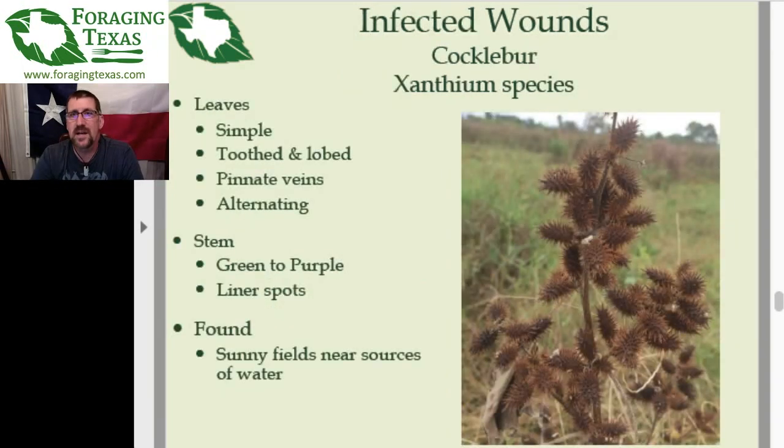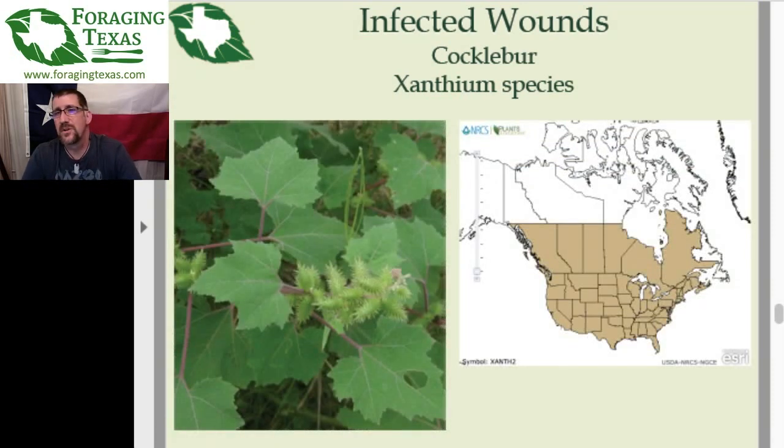Okay, next up is the Cocklebur. A lot of people probably know this one. This is the one with the football-shaped stickers that get stuck in your clothing and your horse's tail and your dog's fur and everything else. These are found all across North America, though not Alaska. I want to say they are found in Hawaii, speaking from personal experience three decades ago. Man, I miss Hawaii. But anyway, so yeah, the infected wounds. Cockleburs,